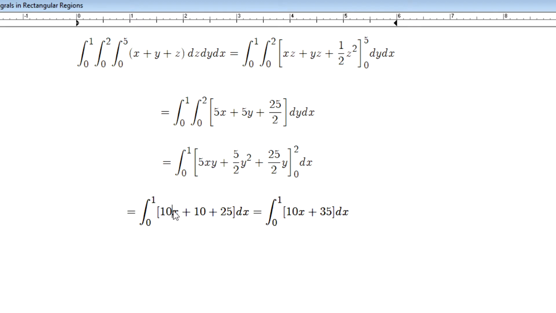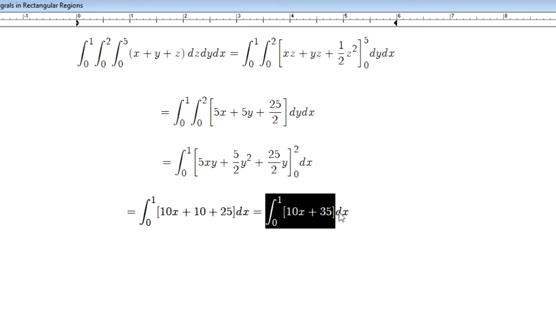We see that down below here. Substituting in 2 for this y will make that 2 squared, or 4 times 5 is 20 halves. Well, 20 halves is just 10. And substituting in a 2 for this y, we'll actually have it cancel with the 2 in the denominator, leaving behind just 25. So if I simplify that integrand in terms of x, we end up with 10x plus 35,